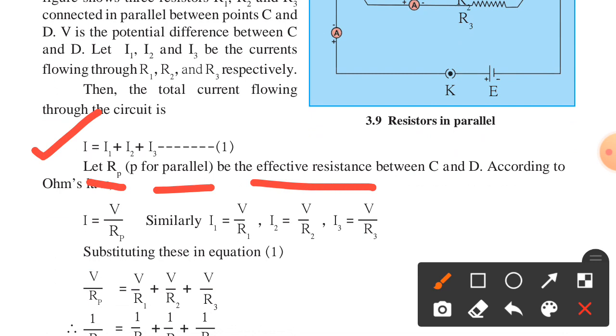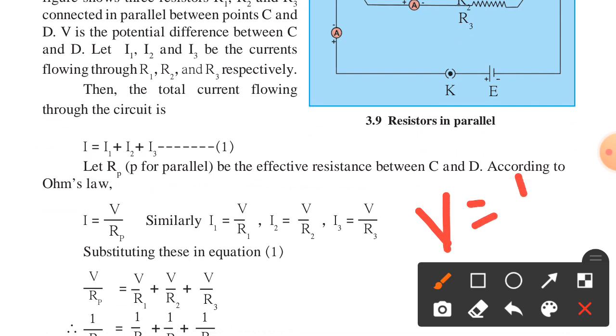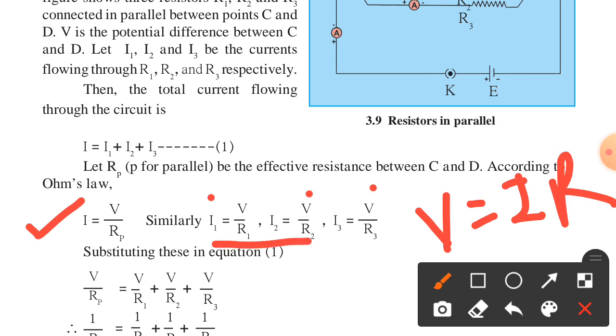This is calculated by Ohm's law. Now what is Ohm's law? V is equal to IR. From this formula or from this law we write I is equal to V upon RP. Similarly, for first current I1 is equal to V upon R1, I2 is equal to V upon R2 and I3 is equal to V upon R3. Now when we substitute all these values in equation 1, we get the formula